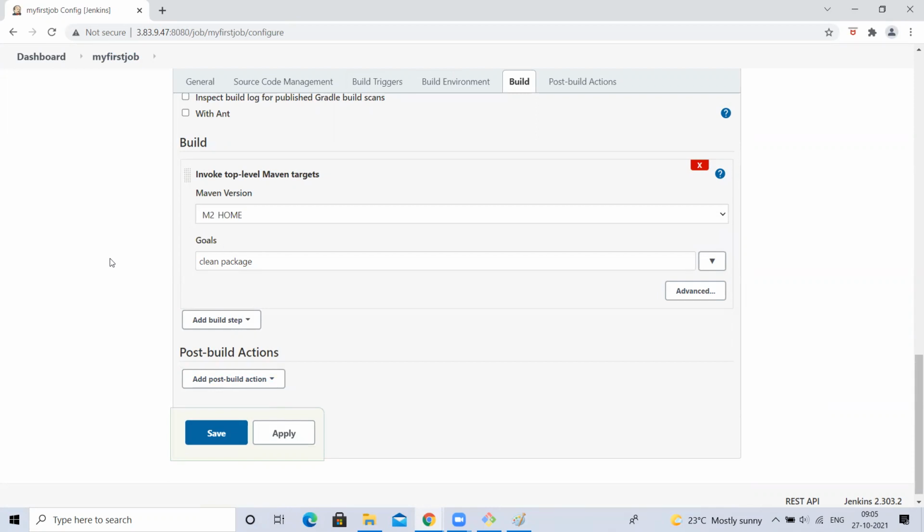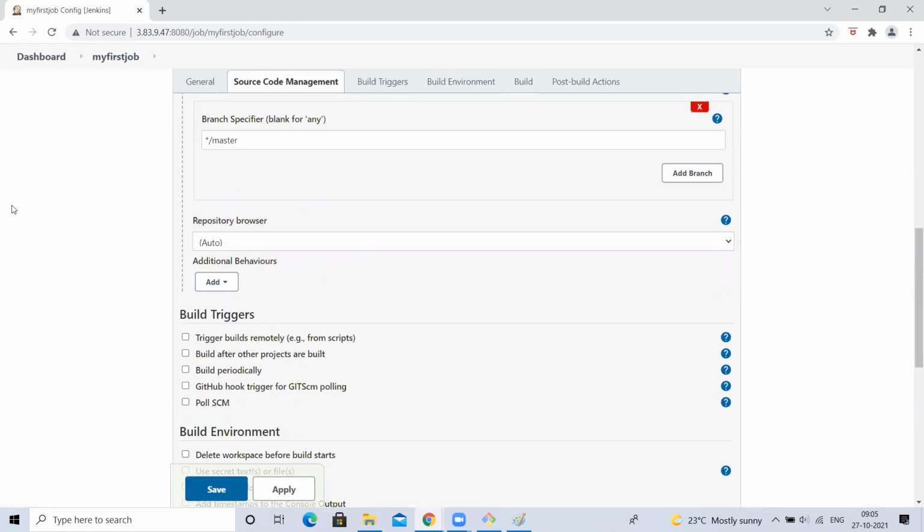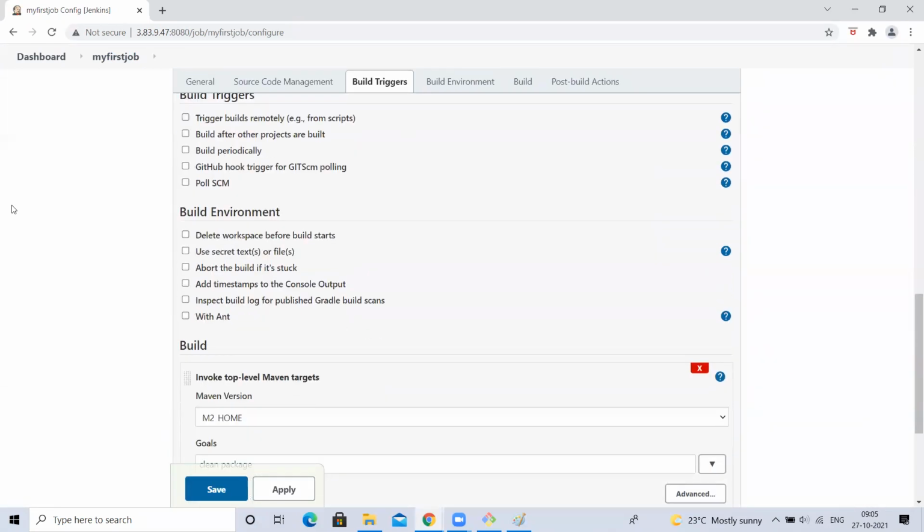So to support Maven, what you have to do? You have to configure Maven on your Linux machine and set the path. That is done. But even after that, your Linux can understand, but not your Jenkins. So to make your Jenkins understand your mvn, you have to go and set the Maven home directory in Jenkins. How to set? Manage Jenkins, Global Tool Configuration.